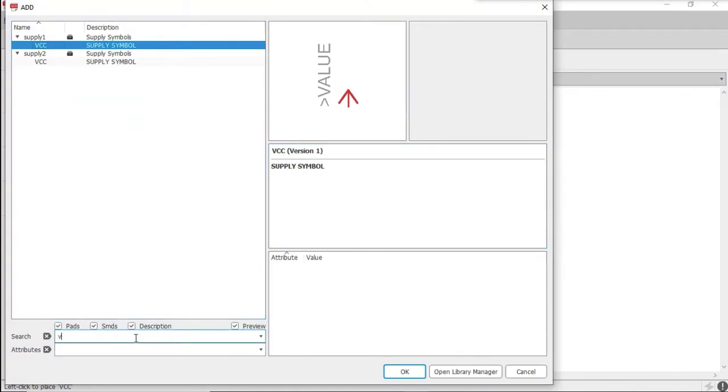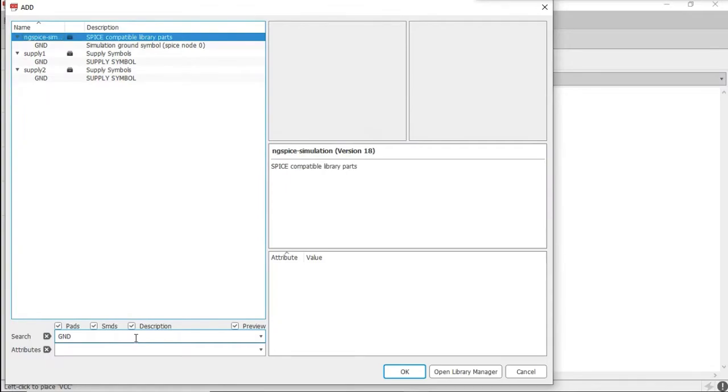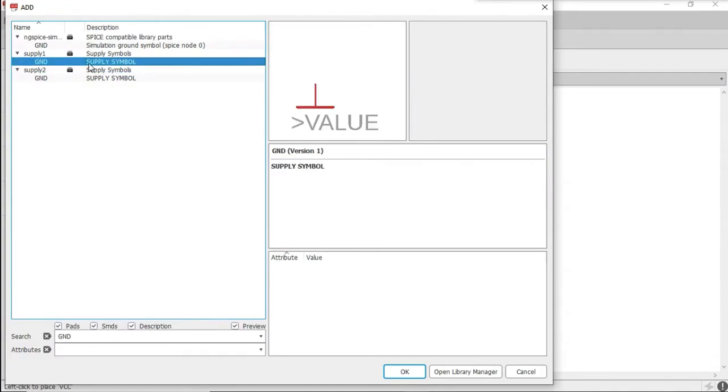After adding VCC, type ground. Under this, select the ground pin under supply 1 and click on OK.